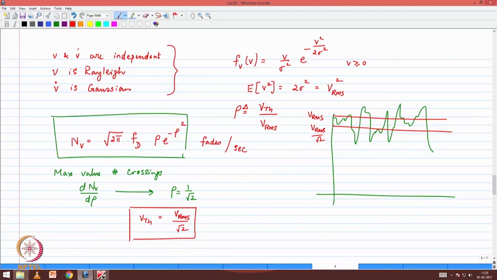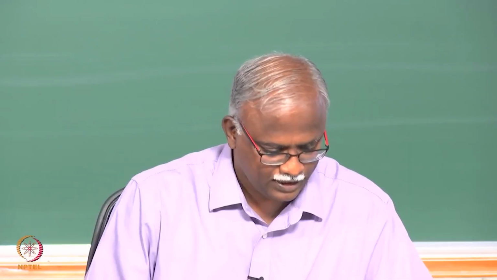So, let me just give you a minute to digest that aspect, and then we can pick it up from there and build upon that. So, the understanding of what the level crossing rate is, how it is going to impact, and what sort of insights we can get from here. The level crossing rate depends on the threshold and depends on the Doppler frequency, both of which we had already looked at, even before we started the discussion, and understood that impact. Okay, if there are any questions, I can answer them. Otherwise, we move on to the next important aspect of our study.